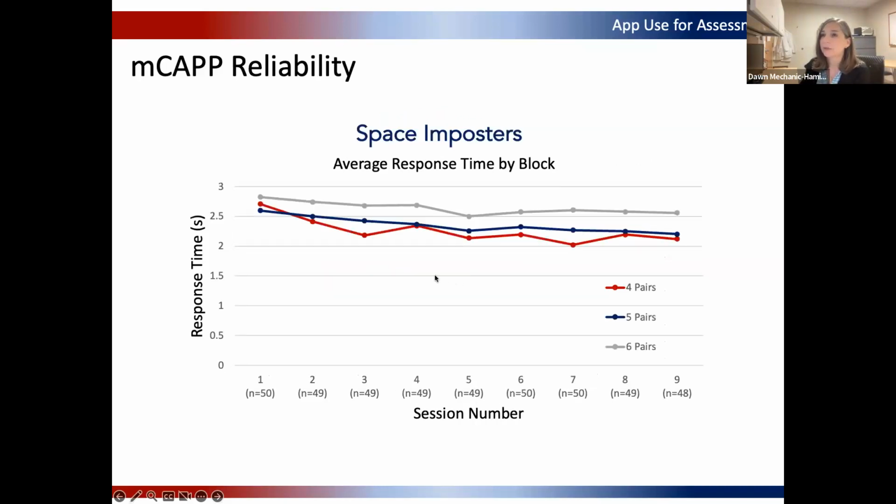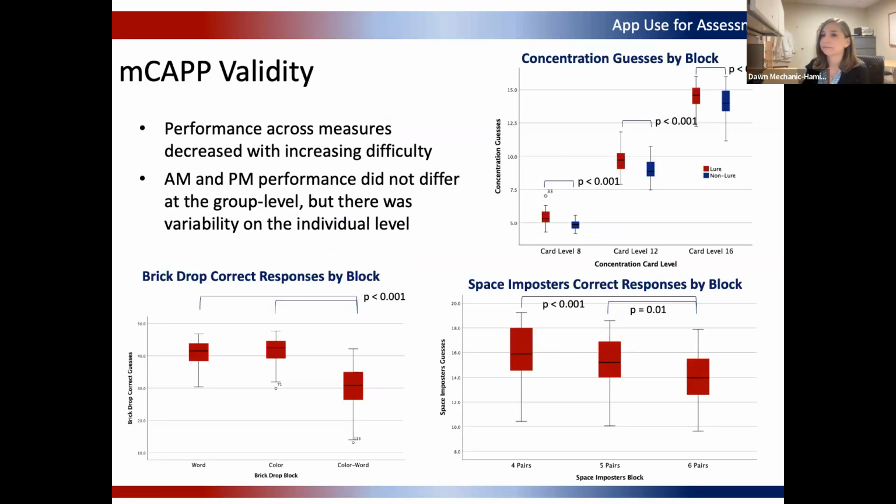And then the last of the 3 in terms of the reliability, we're seeing, again, some practice effects there initially, and these are 4, 5, and 6 pairs. And then across time. So a little bit of practice effects in the beginning, and then some leveling off over the course of those 9 sessions. And then here we're looking at